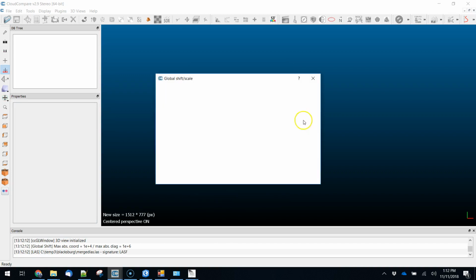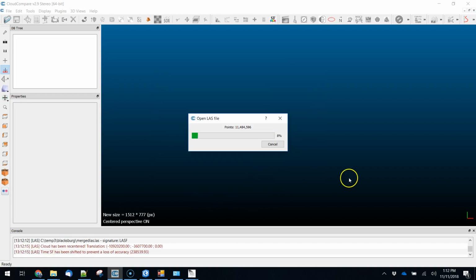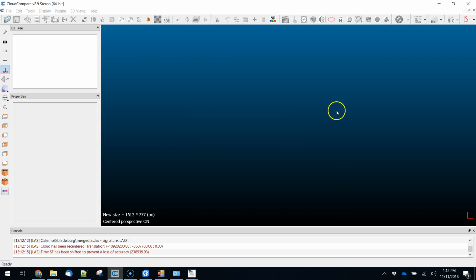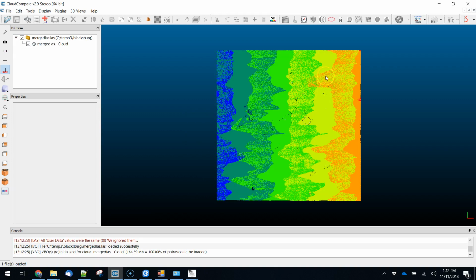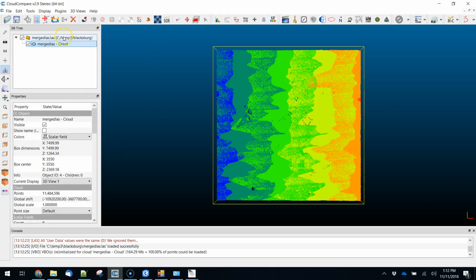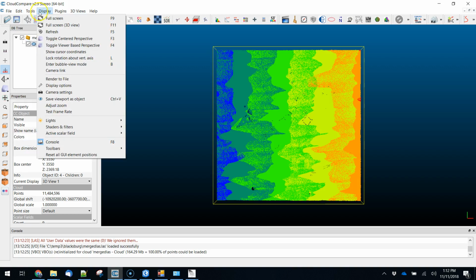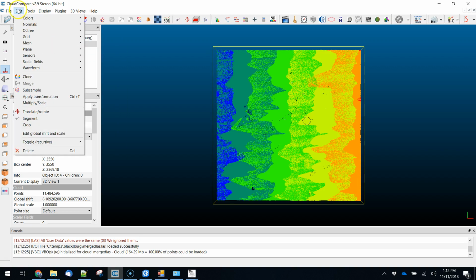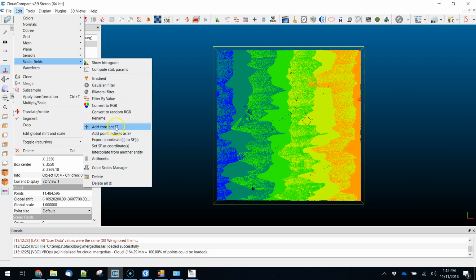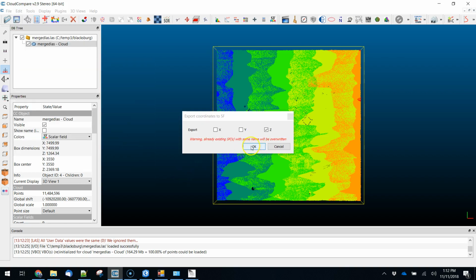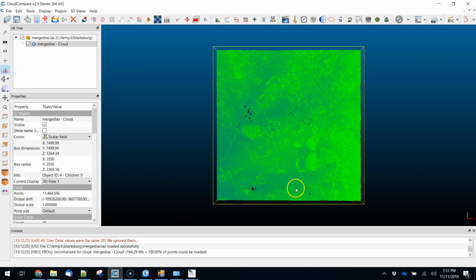Now what you'll see here is just again, all 9 of those tiles put together. The top 6 of which is what we've been using in previous labs. But I wanted to get the stadium in this particular rendering. Again, we've got this rendered via a scalar field that corresponds to something that we don't particularly care about. And so we're just going to do a quick display, quick tools, scalar fields, and then export coordinates to SF,